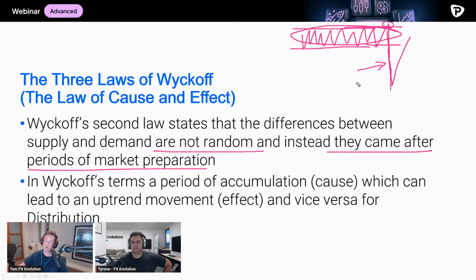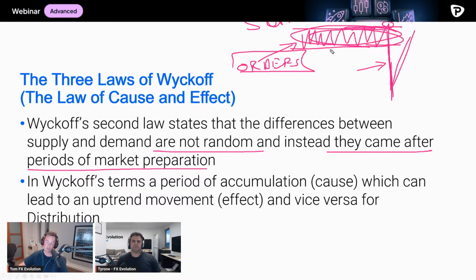So what could we do around session opens? The market will potentially come and do quite a lot around session opens. It may come back for liquidity. So if we think of it this way, this is clearly going to be labeled as supply once it breaks to the downside and makes a move. We now know that this is supply. The orders that were placed here by what Wyckoff stated was the composite man were, no doubt, pretty strong. They led to a big sell-off. If the market comes back to this zone later on, then could it be interested in picking up that price?